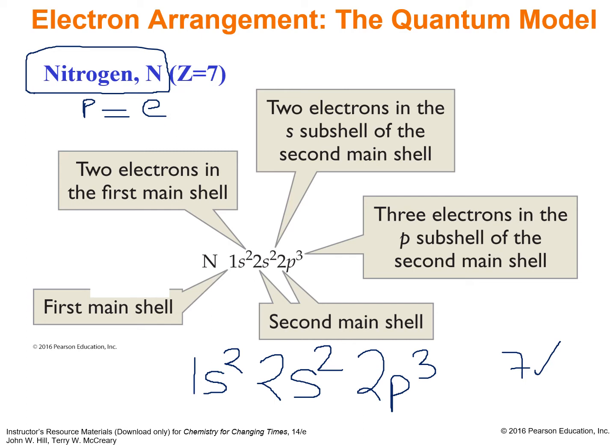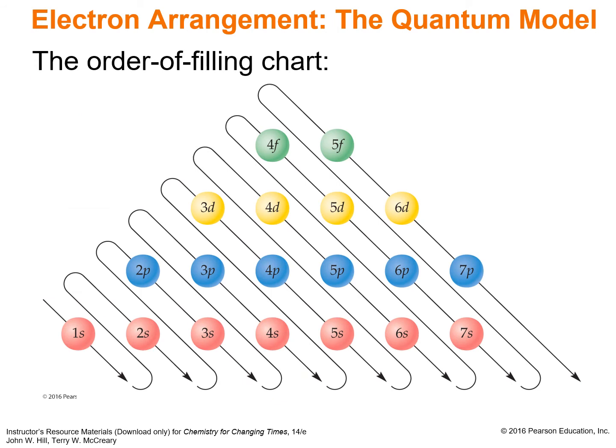You need to practice this because there will be questions on that. And if you wonder how I know this order of filling, it's because you have a chart like this, which tells you how these electrons get filled. See this, 1s gets filled first, follow the arrow. After 1s comes 2s, follow the arrow. After 2s comes 2p, keep following, 3s,